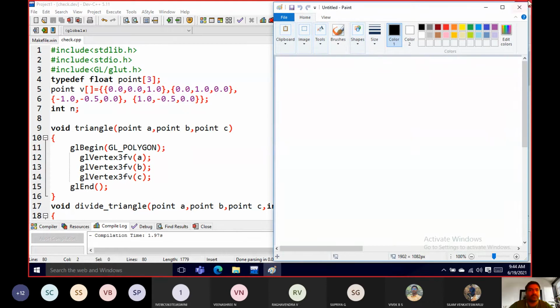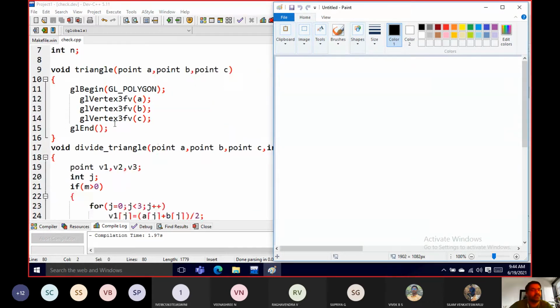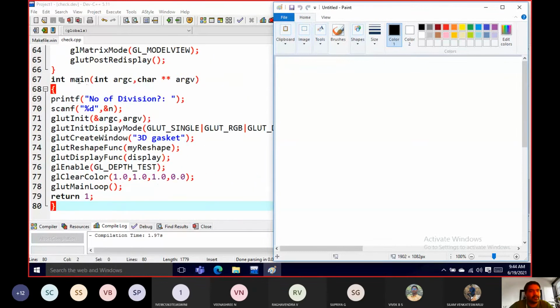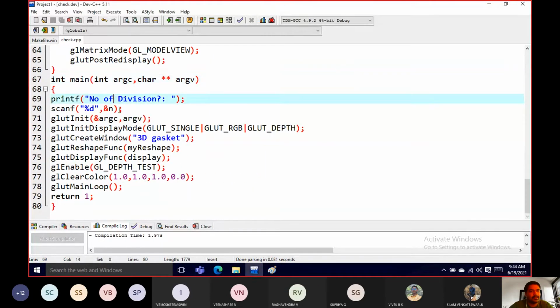So first thing is, where does the execution of a program start from? The execution of a program starts from the main method. So I have a main method here. We'll get the number of divisions from the user before itself, because it is needed for us to calculate how many divisions we want, how do we divide it, how do we deal with. So number of divisions is needed, followed by